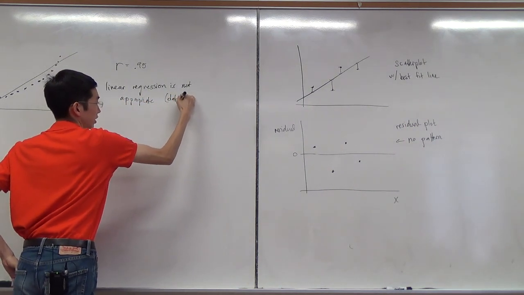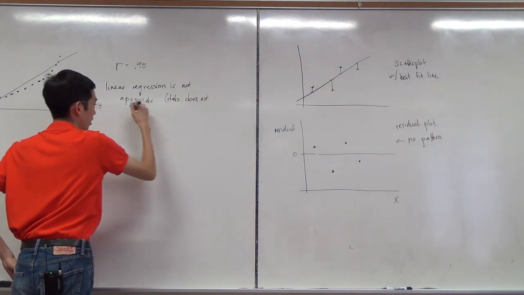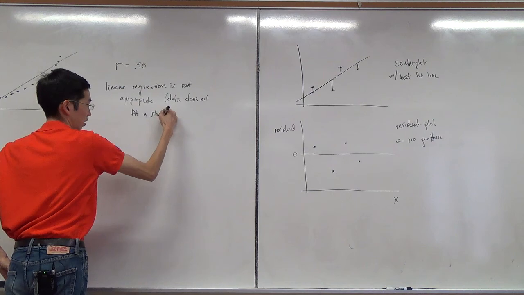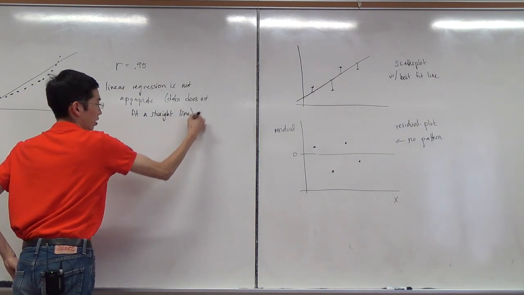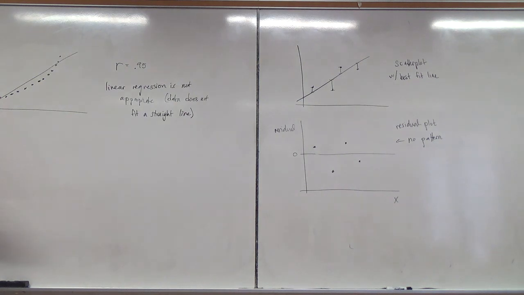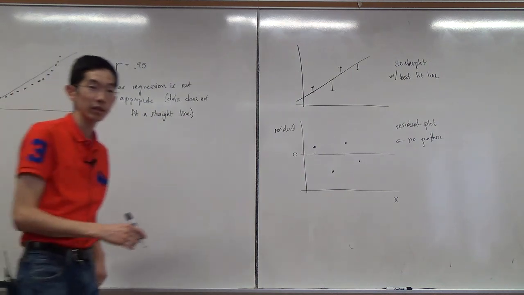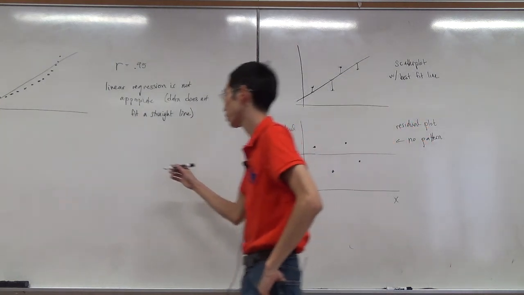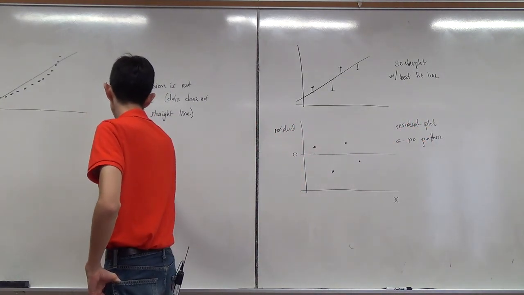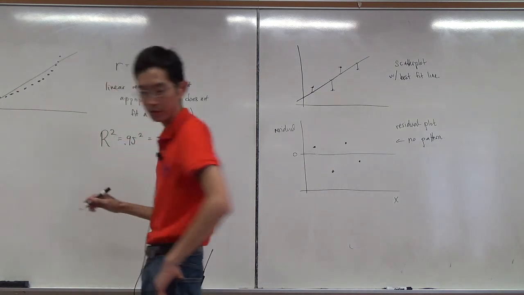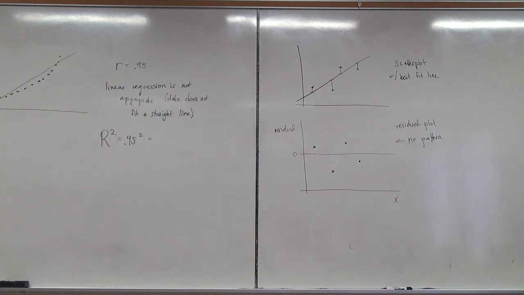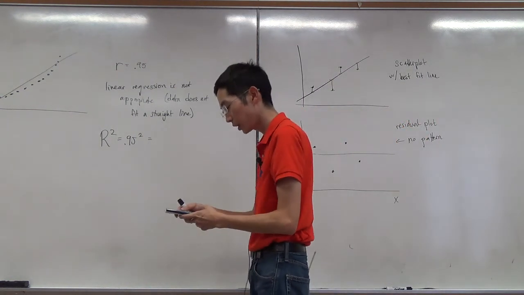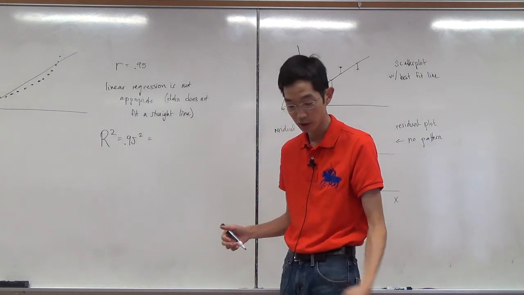Data does not fit a straight line. Okay. Even though my correlation is very high at R equals 0.95. The value of R, or even R squared, if I square 0.95, I would get something also very high. Even if it says a lot of the variation in y is explained by x, and it's true, a lot is,